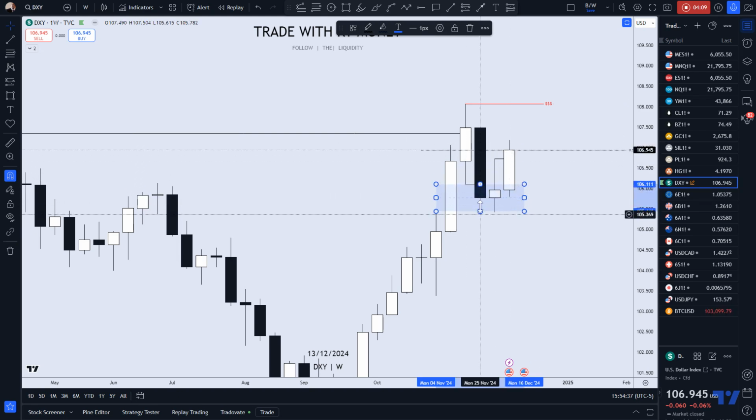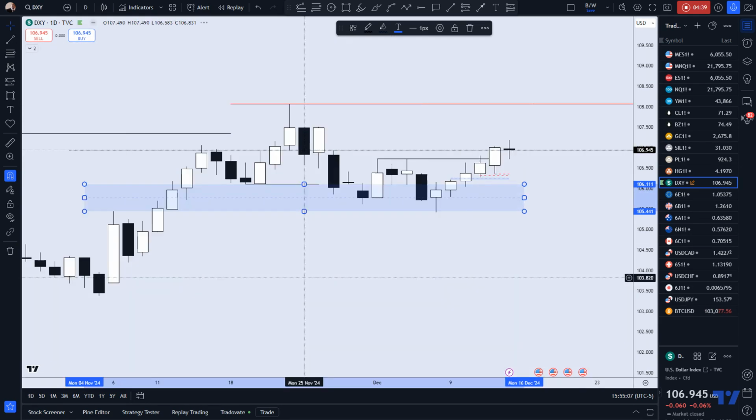We form a fractal low, and price pushes up past the high of the previous week. We closed above that high. That means price traded through, price ran the liquidity above that high. And because price closed beyond the high of the previous weekly candle, it's a bullish indication, which would allow us to think price is heading towards that weekly target.